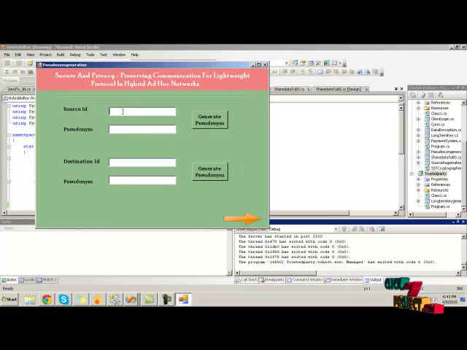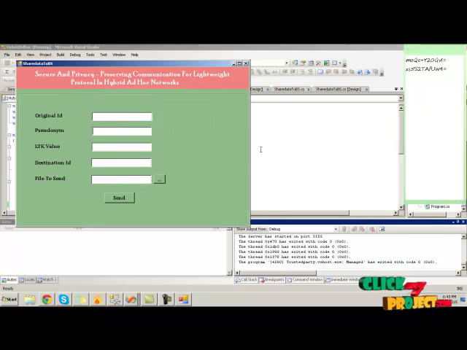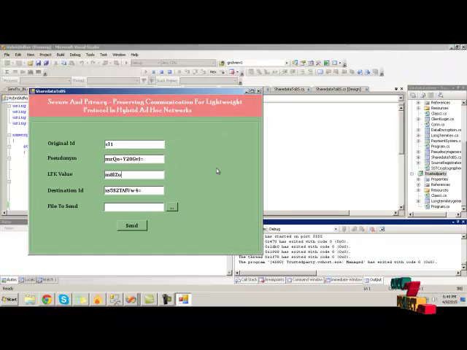Here my source ID is CL1, and click on the generate pseudonym button. This is the corresponding pseudonym for CL1. Here we have to provide the destination ID. I am choosing C1 as the destination ID. Get a pseudonym value. Click on next. You have to provide the original ID, pseudonym, LTK value, destination ID value,